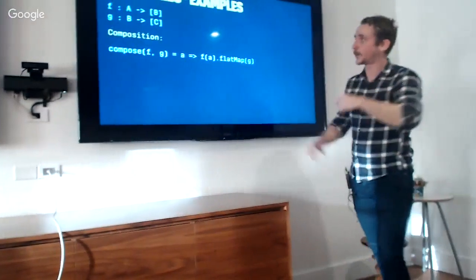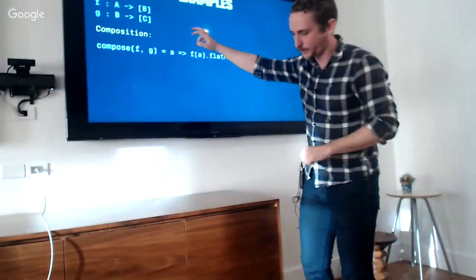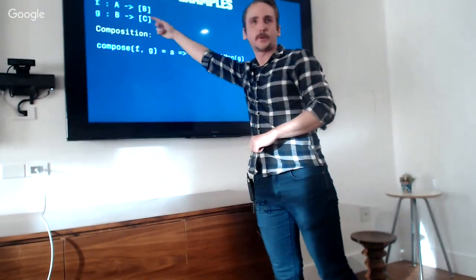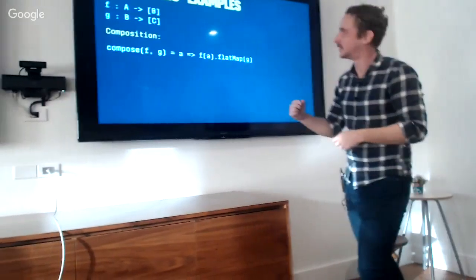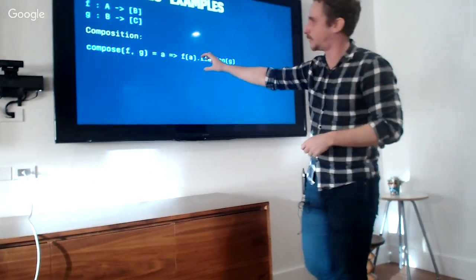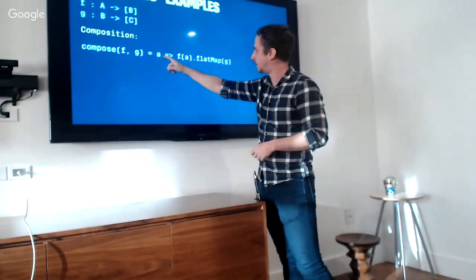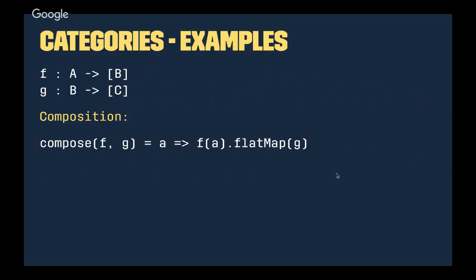But yeah, totally. The core idea here is we have two functions that don't plug together directly, not the way you want, but they're close. I ought to be able to do this, is the intuition. So we have some other ingredient, some binding function, some strategy for piecing them together in a way that makes them fit, such that this compose function takes in an A and returns a list of Cs.